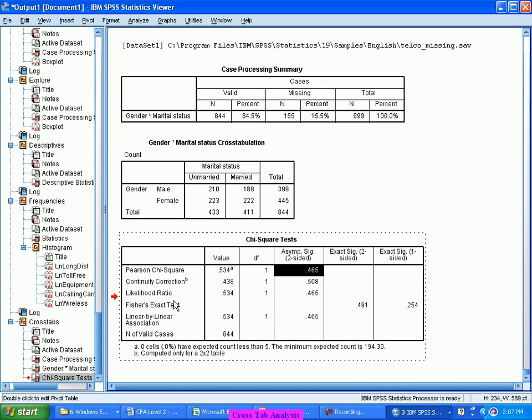The output of any of the tests, not only this chi-square, any of the tests which we would be performing, we have to just look at the significance number. Less than 0.05, go with alternate. Greater than 0.05, go with null. You don't need to bother about the complexity of the analysis at all. Whatever the final output the tool is giving, if this value is less than 0.05, I will go with the alternate. Greater than 0.05, I will go with the null. Nothing more than that.